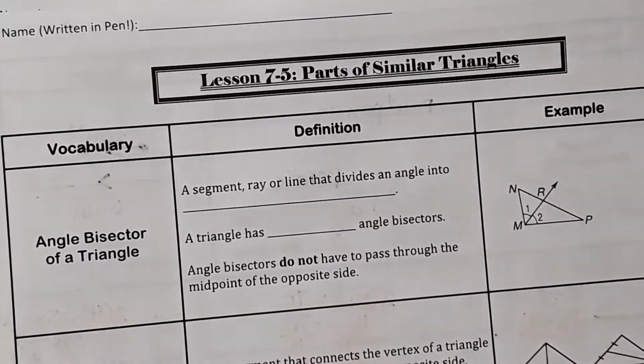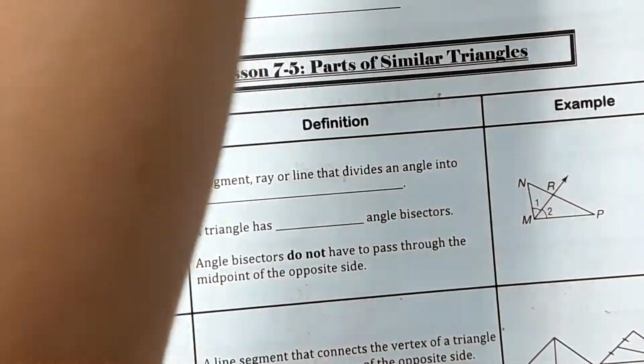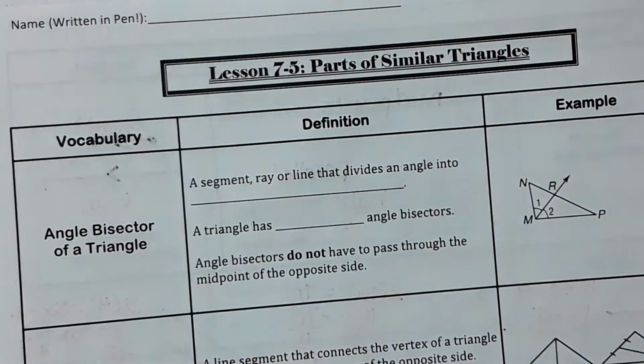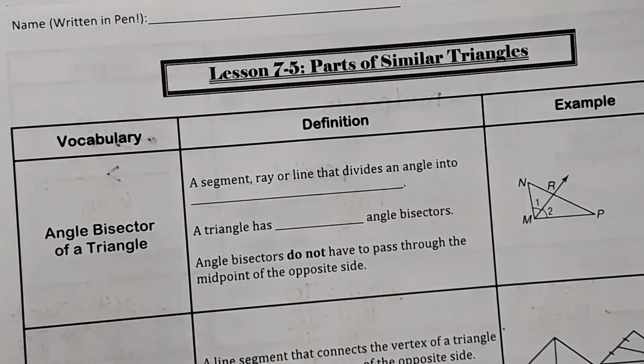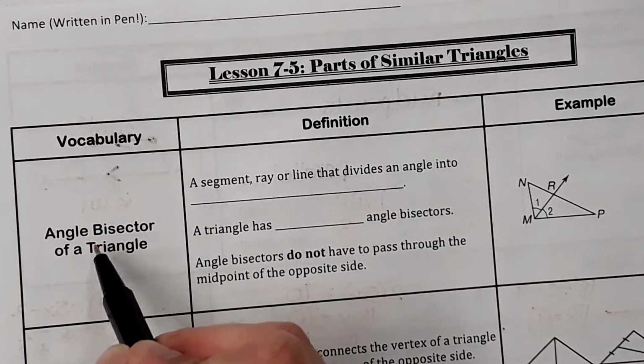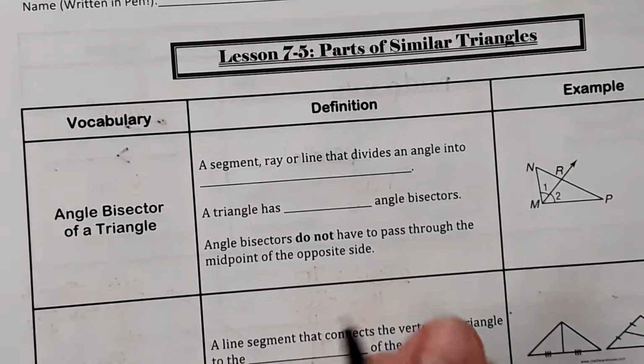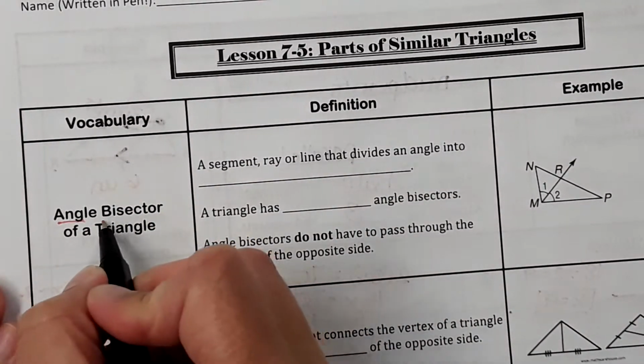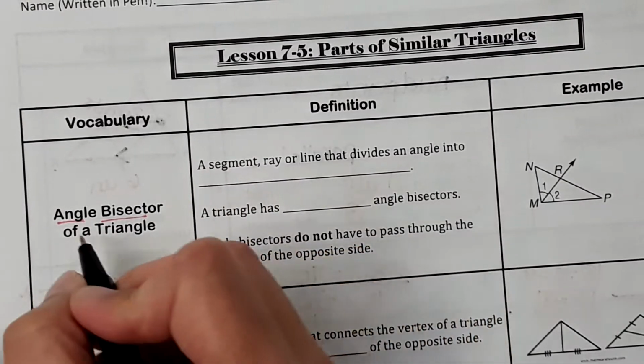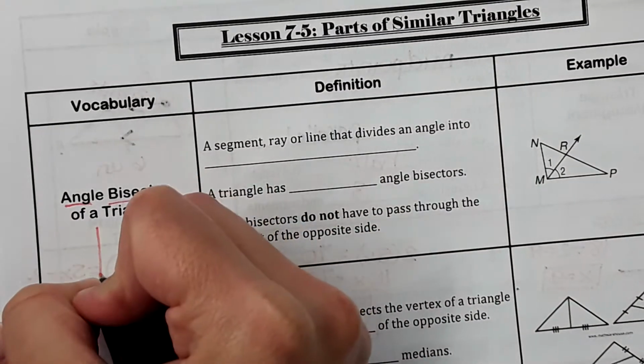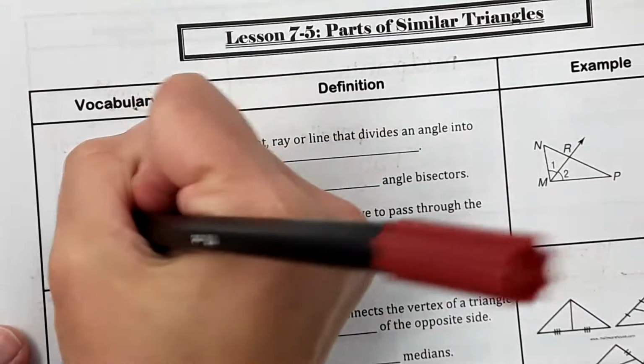Okay, so 7-5, parts of similar triangles. Just like with the previous lessons, we're looking at proportionality in triangles in different ways. Starting with the angle bisector of a triangle, this did come up in chapter 5, so this is kind of a review. An angle bisector, as you know, is when you have an angle